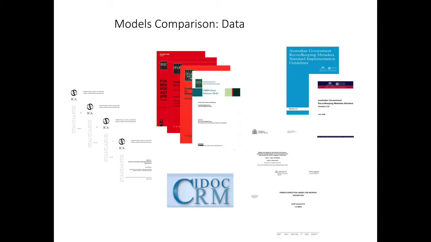And finally, of course, we are also referring to models in other cultural heritage domains, as has been said. And you can see there in the centre the library standards, FRBR, which of course are now being developed into a single library reference model, FRBR-LRM, which has similarities, I think, with what we're trying to do for RiC. And of course, the more complex CIDOC CRM from the world of museums.